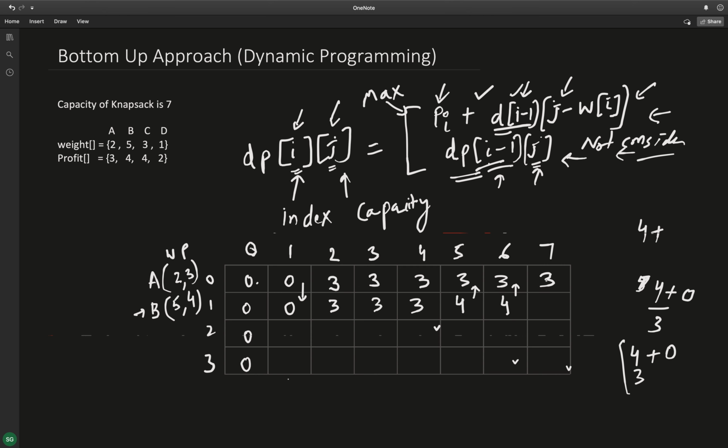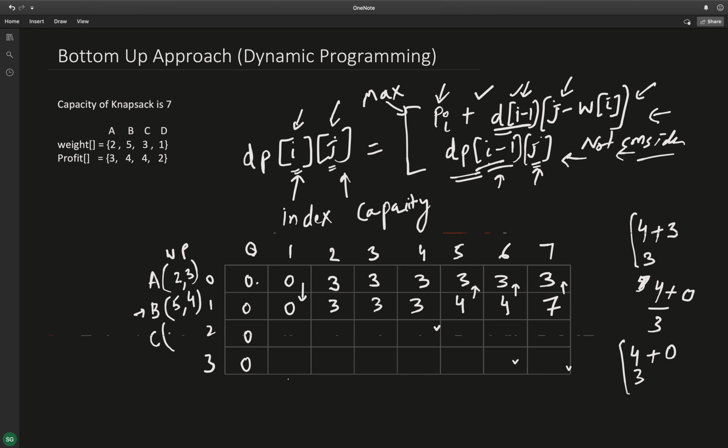Now I'll go to the row above and see for capacity 2, the profit I can earn is 3. So this is 4 plus 3, 7. And if I don't consider this item at all, then the profit I'll get is 3, right? So maximum of 7 and 3 is again 7. Okay.